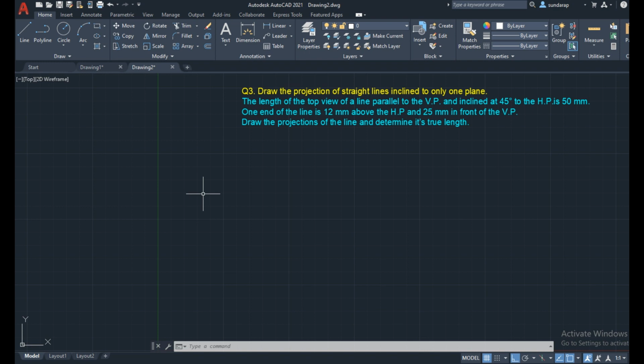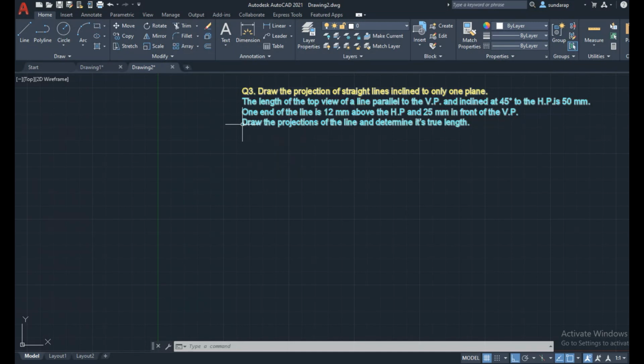As per the projection of a straight line, we are following the first angle projection method, which means the straight line is assumed to be placed in the first quadrant, so the front view is always obtained above the XY line and the top view always below the XY line. Okay, let me see the problem.